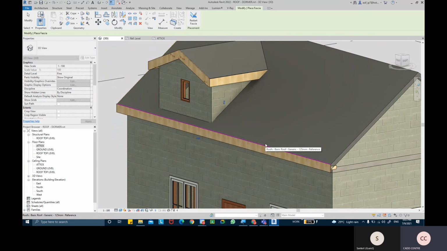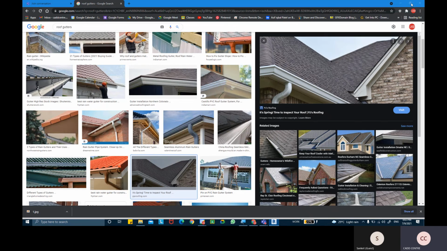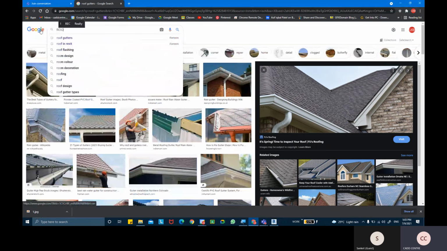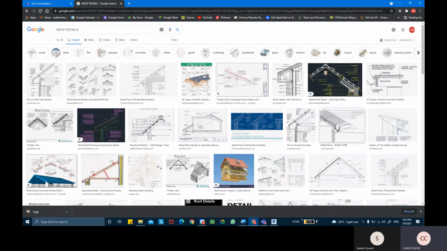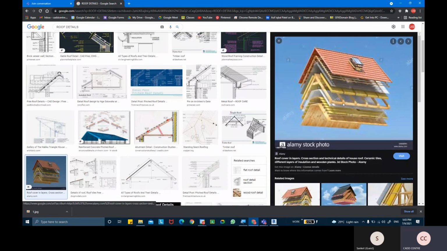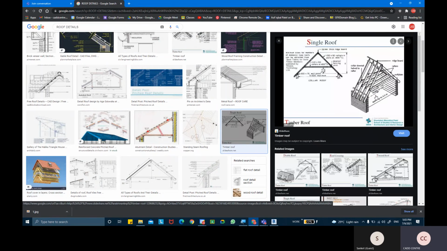Okay, so is this clear? Roofing. Yes. Okay, in the next class, maybe on Monday, we're going to do the roof battens or the rafters, that means the detailing of the roof, the rafters and the layers of the roof.